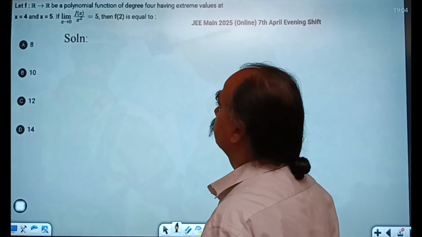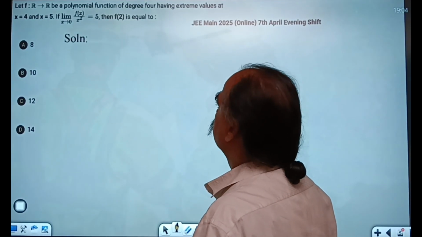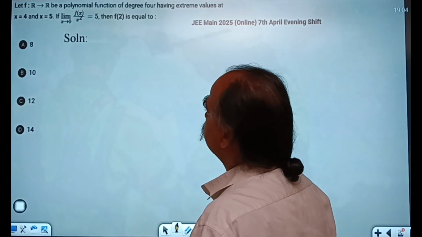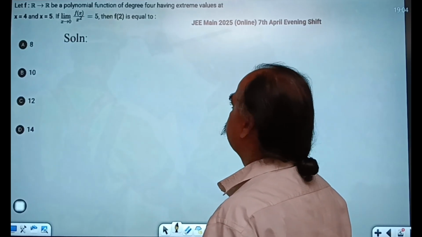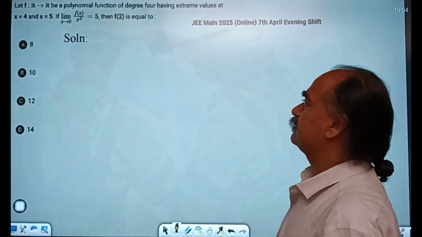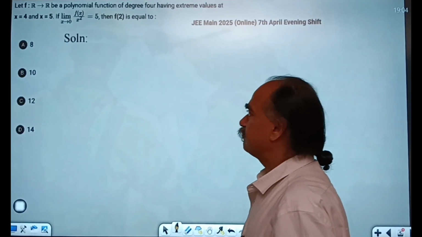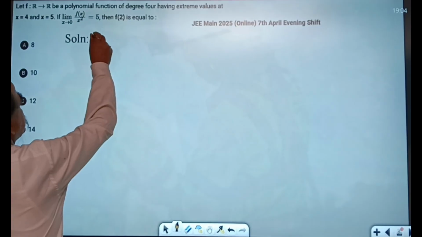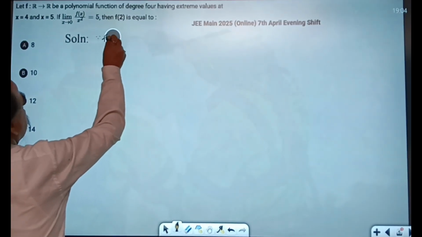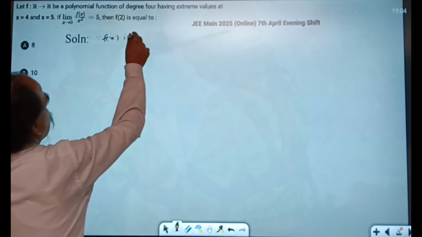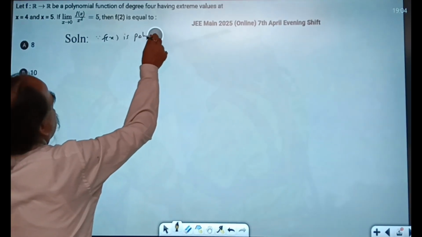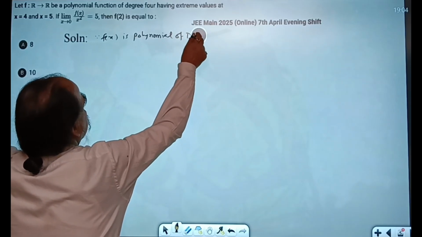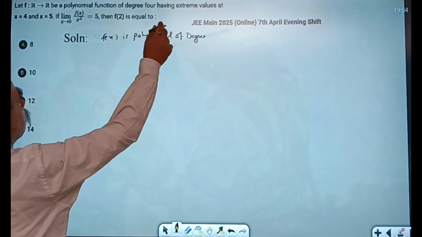Next problem is: let f from R to R be a polynomial function of degree 4 having extreme values at x is equal to 4 and x is equal to 5. If limit x tends to 0 of f(x) upon x square is equal to 5, then we have to find f(2). Since f(x) is a polynomial of degree 4,